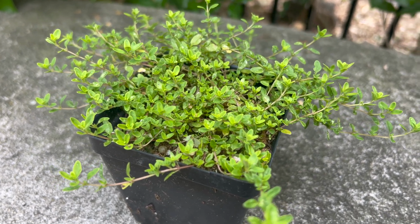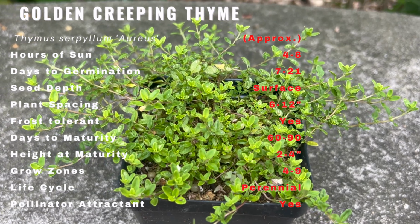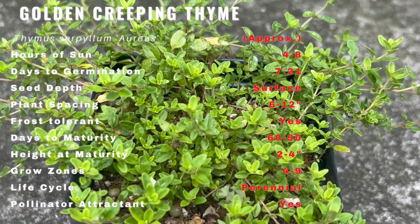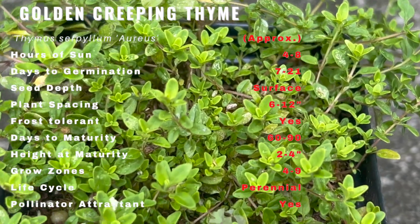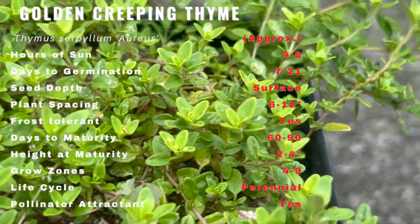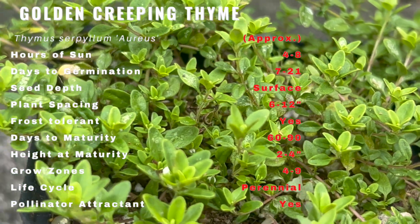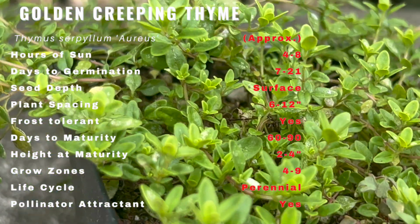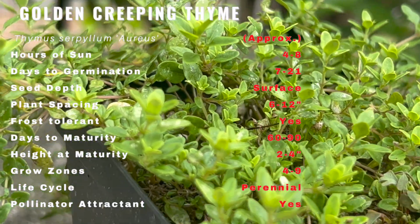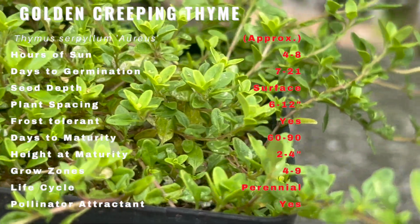Golden Creeping Thyme, scientifically known as Thymus serpyllum Aureus, has a fascinating history that traces back to ancient Mediterranean civilizations. This herb has earned endearing nicknames such as Mother of Thyme. Its native range includes parts of Europe and Asia, where it has been treasured for centuries for both culinary and medicinal purposes. This low-growing perennial herb forms a lush carpet of tiny, golden yellow leaves, exuding a citrusy aroma that tantalizes the senses. Its delicate flowers, which bloom in hues of pink, white, or purple, add a touch of elegance